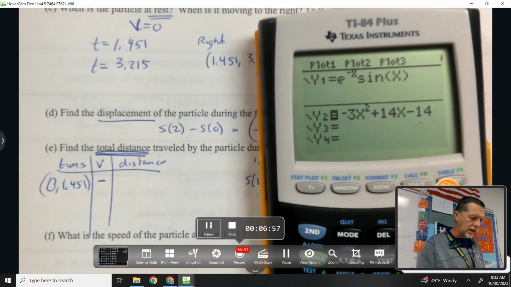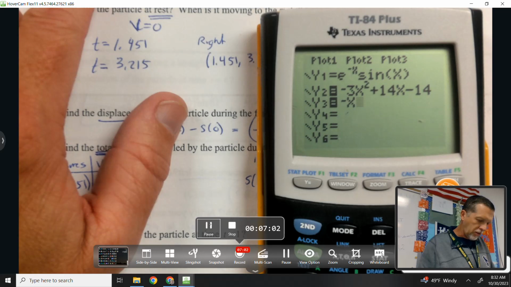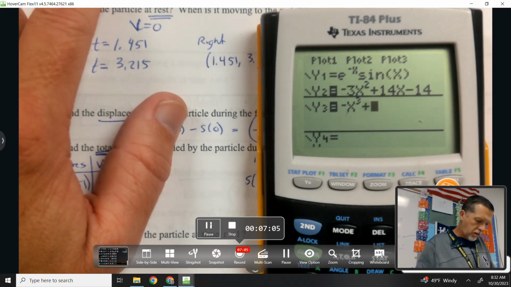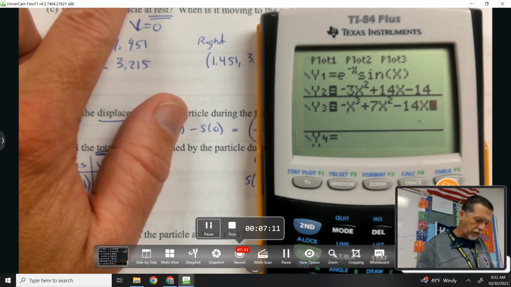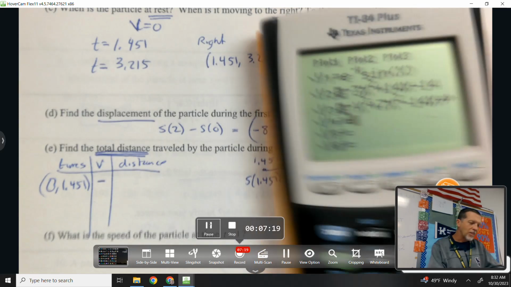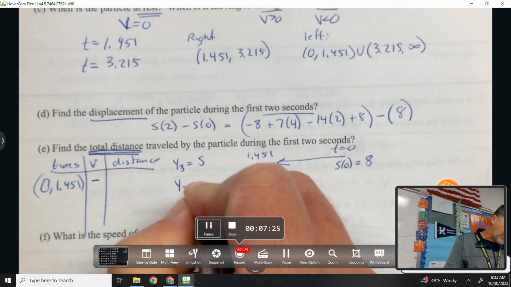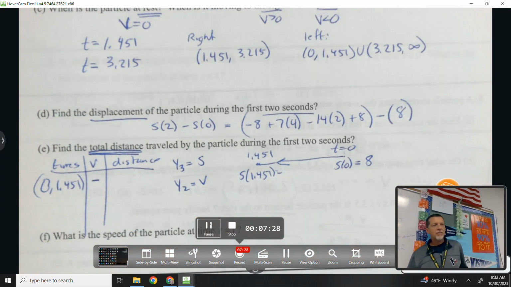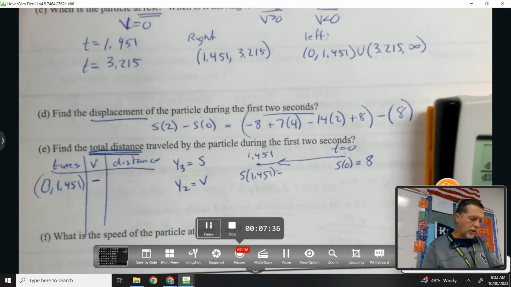Let's see. How could I do that easily? I'm going to put S in for one of my equations as well here. Now I need to be extra careful because I've got S and V in my calculator. I also have a problem that I'm going to go to later, so I really need to be careful. It's completely okay to put some calculator stuff in your notes there. Sort of note to self. My y3 is my position, my y2 is velocity. So that when I want S of 1.451,